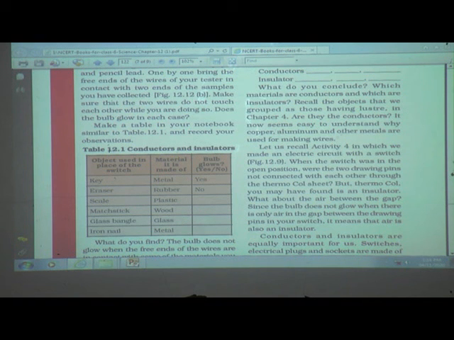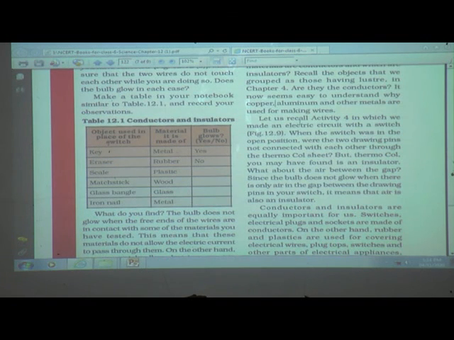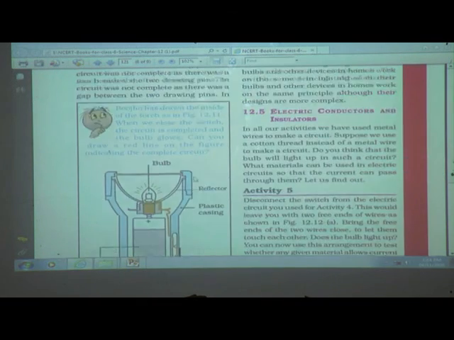So these are the conductors. Okay, now let us recall activity 4, in which we made an electric circuit with a switch. See figure 12.9 here.